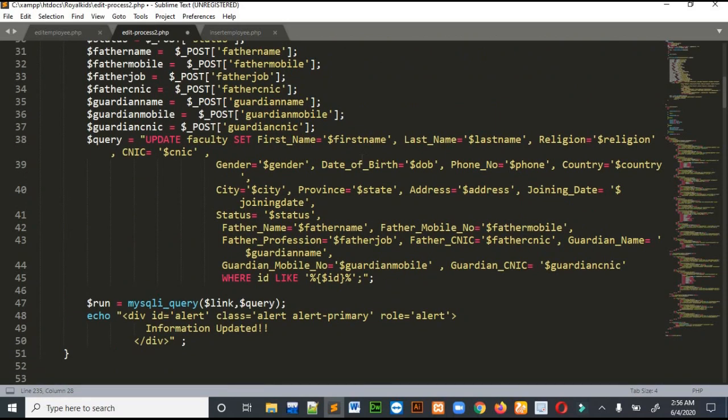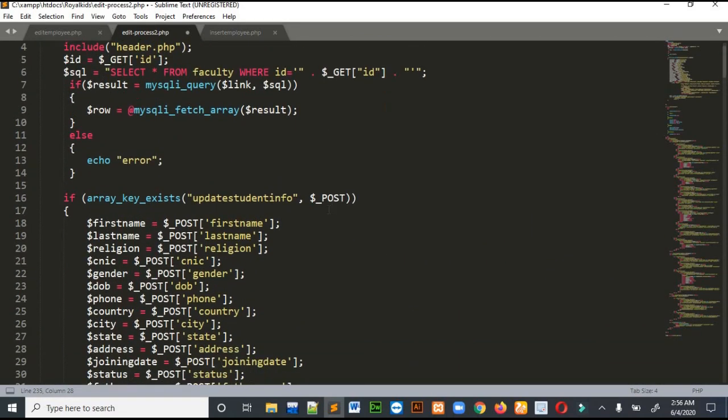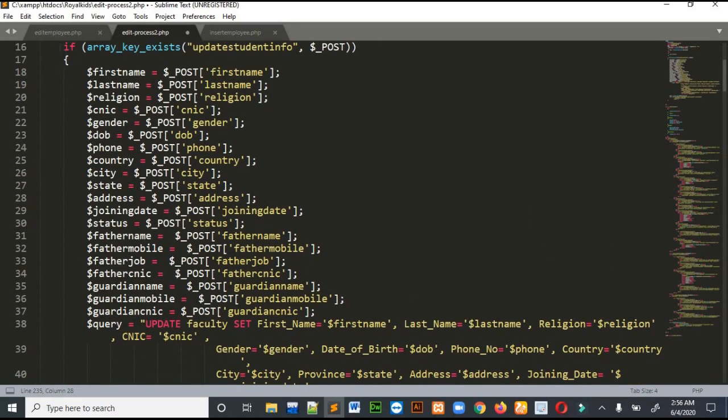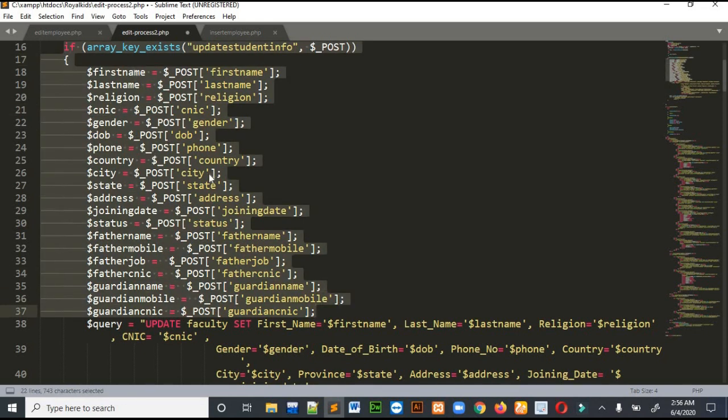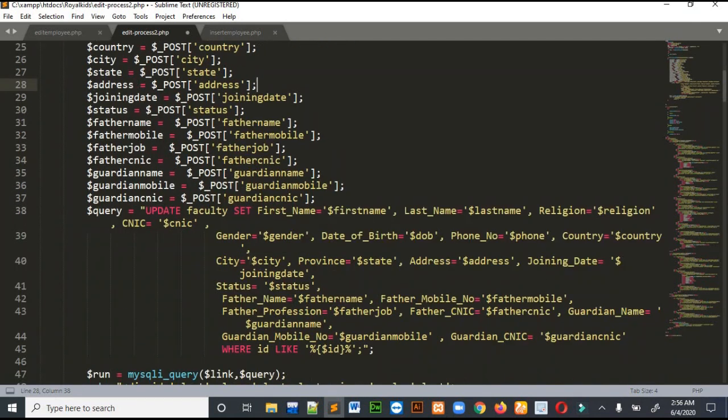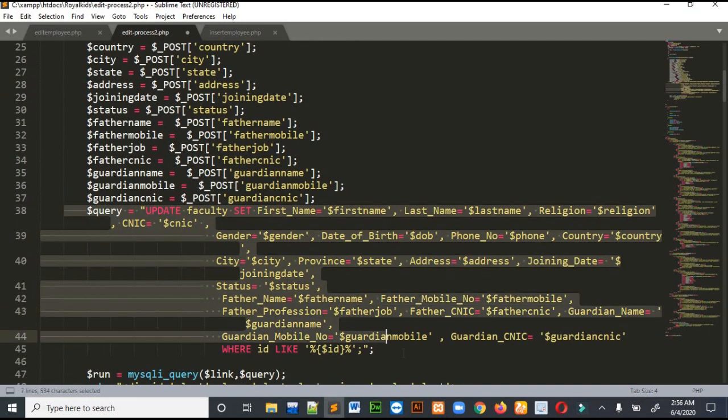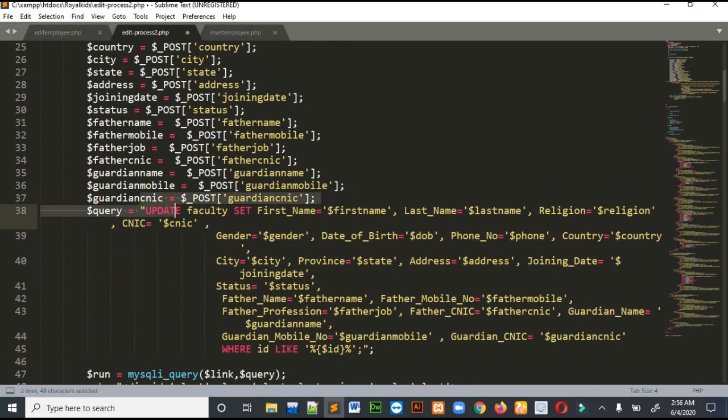The only thing I have to show you in this page is the update query. This is exactly the same as I told you before, so you can also copy and paste it. There is no big deal in it. This is the update query which says update faculty set first name equals first name, last name equals last name, religion equals religion.